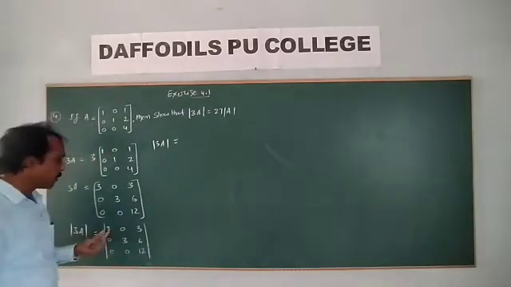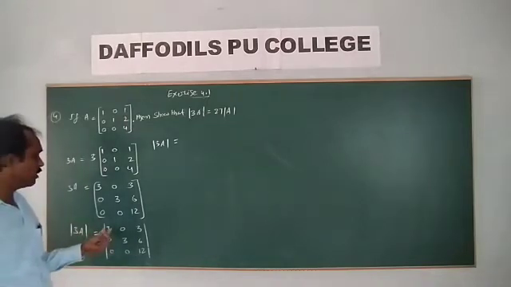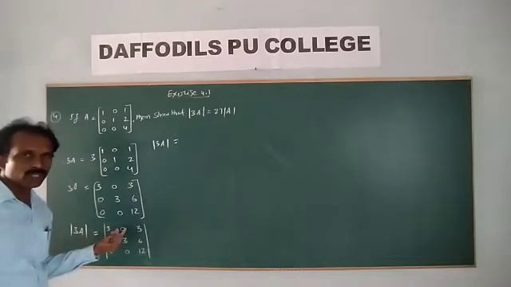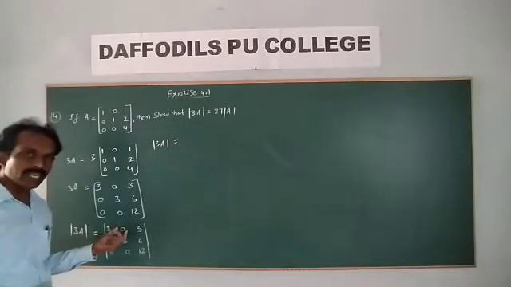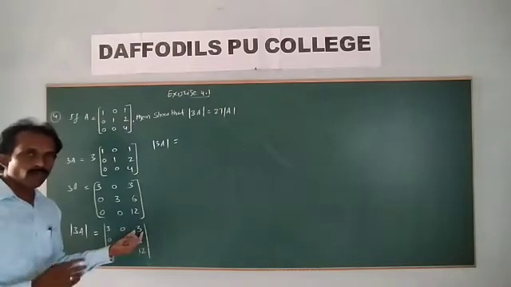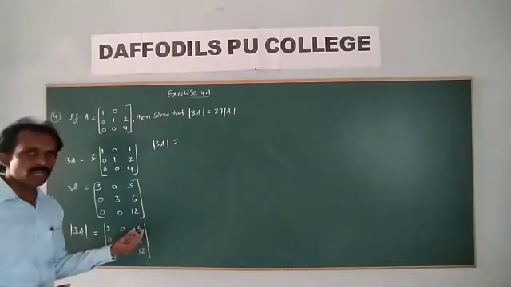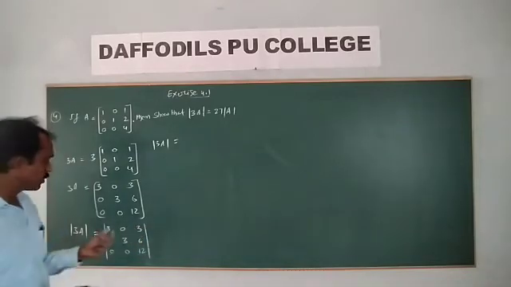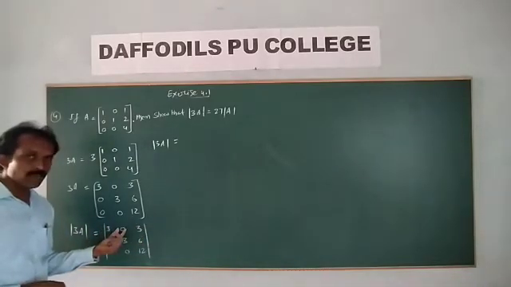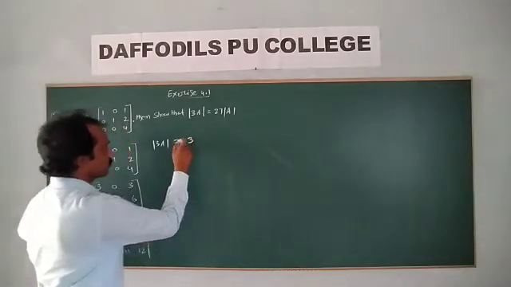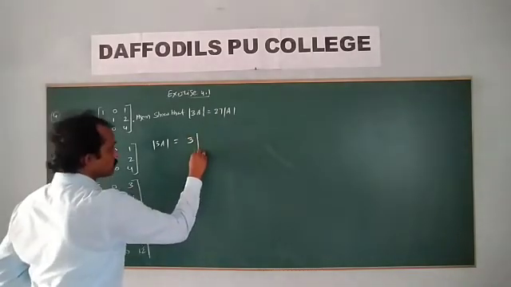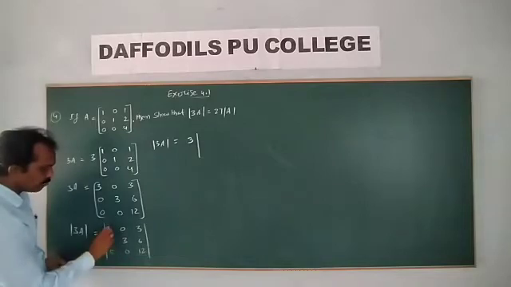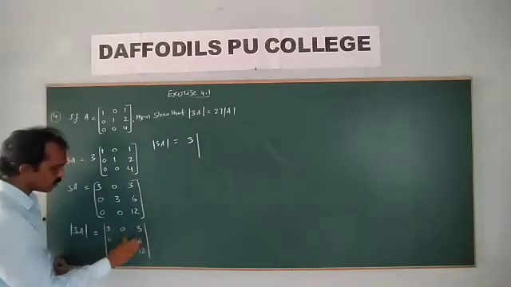What is it with respect to R3? First of all, (-1) to the power of i plus j. The first is 1 plus 1, even. Then 1 plus 2, the element in the first row and second column, means negative. The third element is 1 plus 3, first row, third column, an even number. Even is plus, odd is minus. That's why it is plus 3 times, deleting this column and this row.